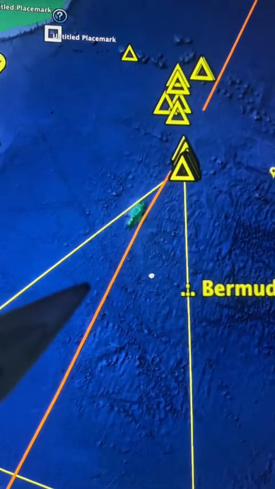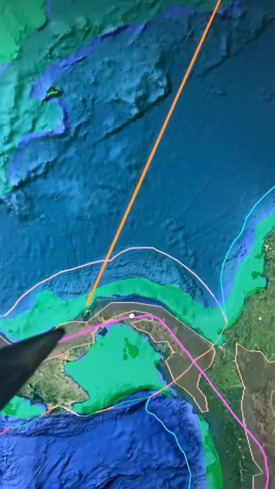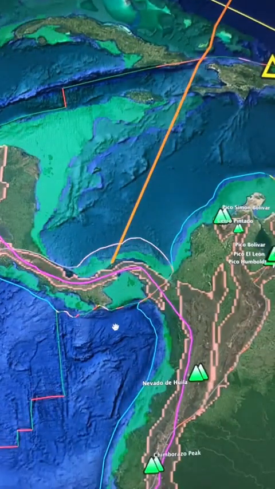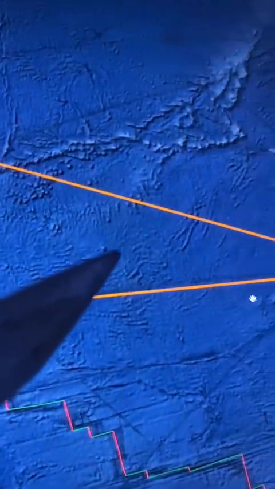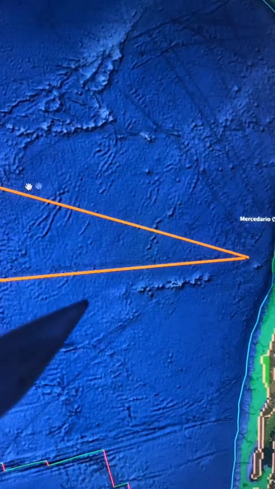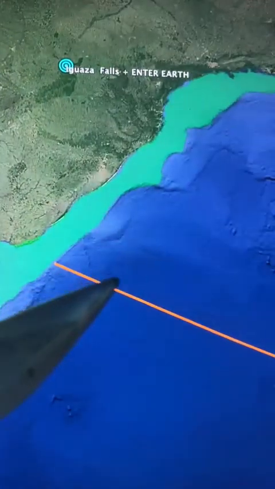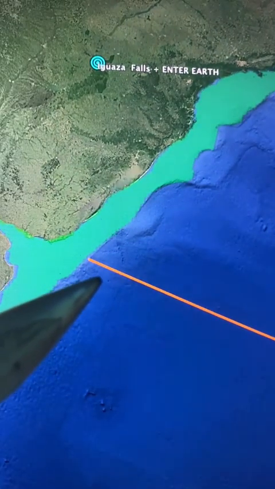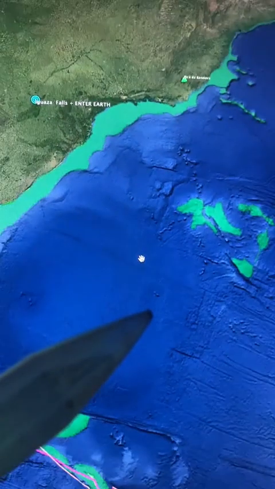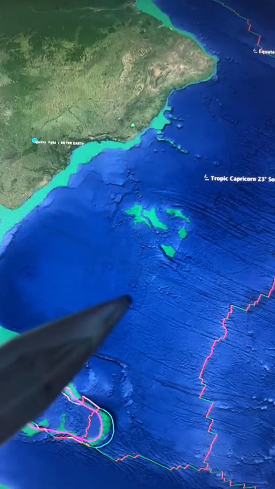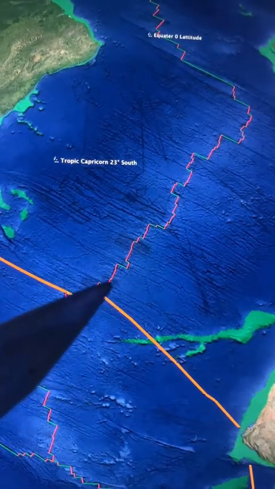the Bermuda Triangle, going totally down under this continent. The funny one is this one near South America. You see these two head lines coming to one point, and by coincidence on the other side of the continent this line continues. And now it's getting very interesting because this line continues from South America to come here